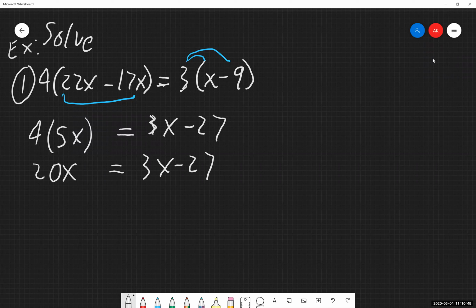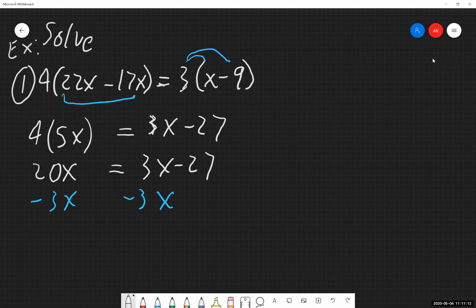And now from here, we've simplified both sides of the equation. We know we're solving for x, so fantastic. Eliminate all variable terms on one side of the equation. So I have x's over here, I have x's over here. I want to get rid of all the x's on one side. Doesn't matter which one we choose. I'm going to choose to get rid of this 3x because it's the lower value.